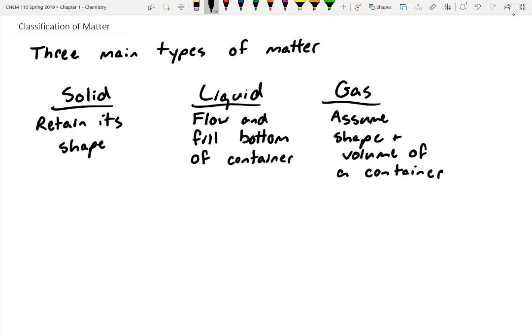Yep. What about non-Newtonian fluid? Yeah, exactly. A non-Newtonian fluid would be a good example. Has anybody ever played with cornstarch and water and made that oobleck stuff? That's a good example of a non-Newtonian liquid. If you set something on there, eventually it'll sink, but if you hit it hard, it behaves like a solid, right? So it is kind of interesting. We often teach students that there are these discrete types of matter. The reality is sometimes it's not always cut and dry like that.